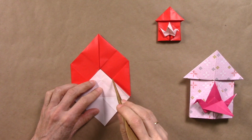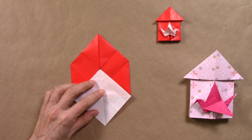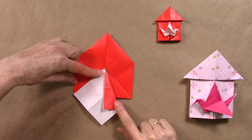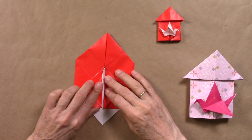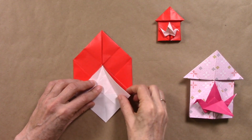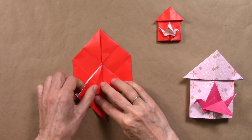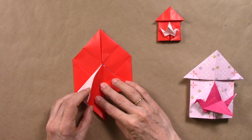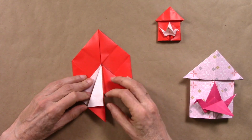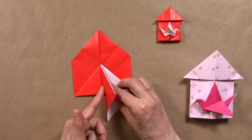Now we are going to bring this edge to align with the central line, creating a fold about here. We repeat here. We unfold, bring this flap over to the left, and reverse that fold. We fold back so that the fold is nice and flexible. And we can unfold. Same here, we bring the flap over to the right